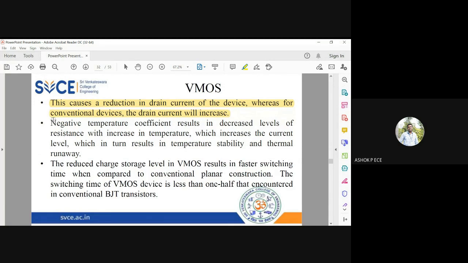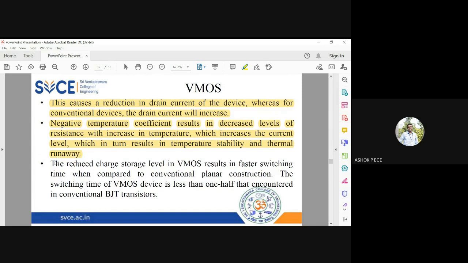When the device has a negative temperature coefficient, then the drain current will increase, which will in turn affect the temperature stability and thermal runaway. But this device is going to have a positive temperature coefficient, right? So we are very safe here because we need not worry about the temperature stability and thermal runaway of the